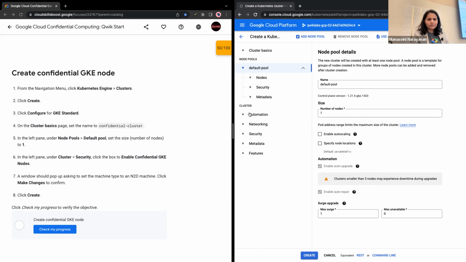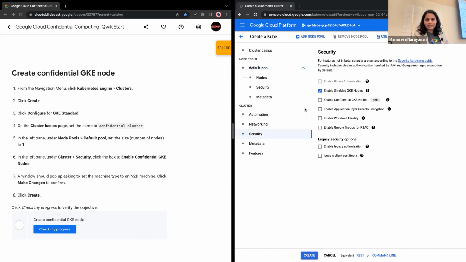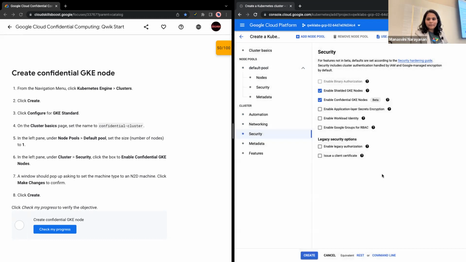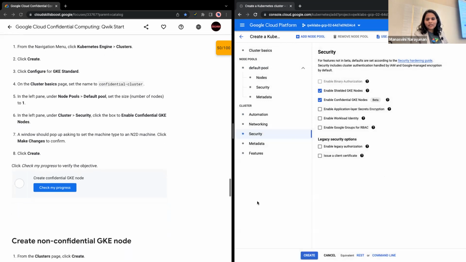Let's go to security. That's where we will enable our confidential GKE nodes. GKE stands for Google Kubernetes Engine. So let's enable it to be confidential. There it is, and let's say create.